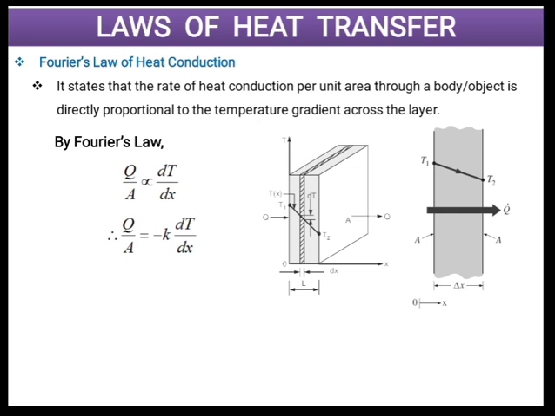Now, the question comes, why is this k having a negative sign and not a positive sign as usual? So, we need to again understand one more law of thermodynamics, which is a universal law known as the second law of thermodynamics. We know that the second law of thermodynamics helps us to decide the direction in which any process will occur. That law tells us that heat can transfer only from higher temperature to lower temperature. In this case, higher temperature is T1, lower temperature is T2.